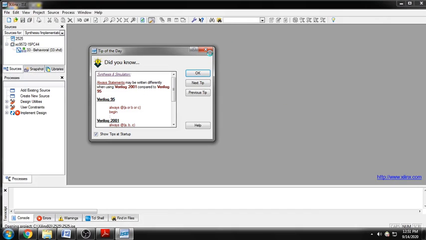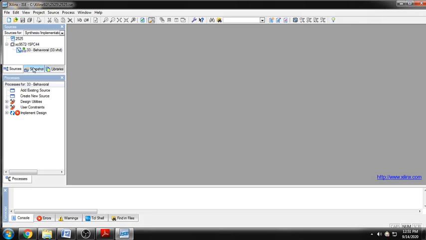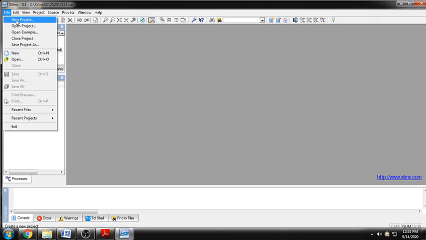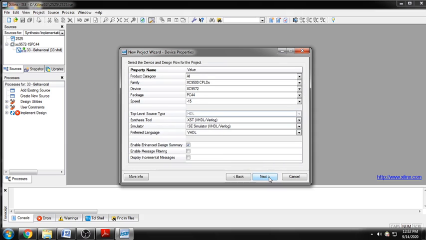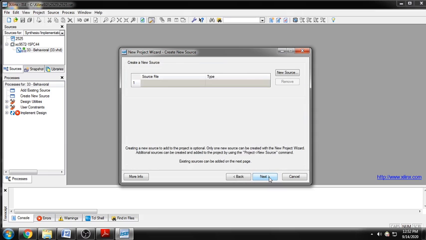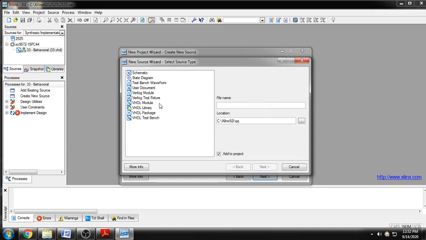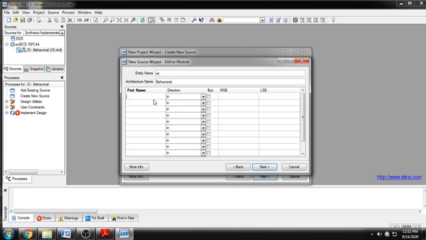Now this is our Xilinx software and we are going to make a new project. As I have already told you, you can choose any name for this project, so I just randomly choose QQ. Then this is your default window. Next, add new source. Your new source is a VHDL module, as I described in the previous video. Now randomly choose the name, then A, then B, then C. A is input, B is input, and C is of course your output of the XOR gate.